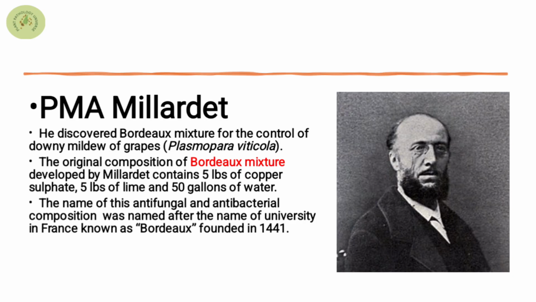Bordeaux mixture is nothing but a combination of copper sulfate, lime and water in different proportions that can be applied as a paste in preventing or managing the downy mildew of grapes, which is known as Plasmopara viticola, right? And the original composition of Bordeaux mixture developed by P.M.A. Millardet was 5:5:50, that is 5 pounds of copper sulfate and lime each in 50 gallons of water. That was the initial composition given by him. Later it has been modified, and based upon whether you are making the paste or the paint, it can be altered.